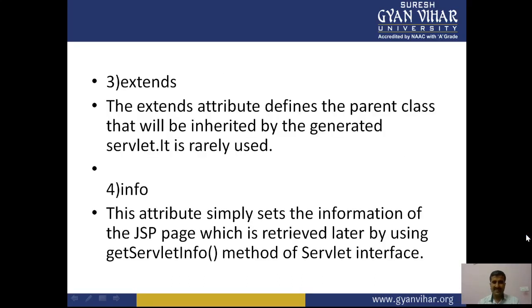So the extends attribute defines the parent class that will be inherited by the generated servlet. It is rarely used.